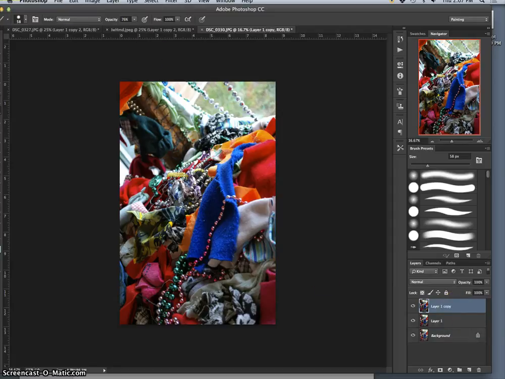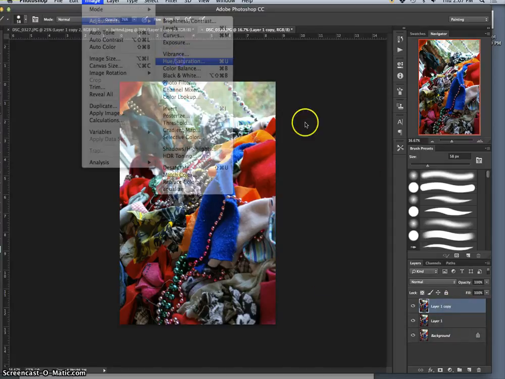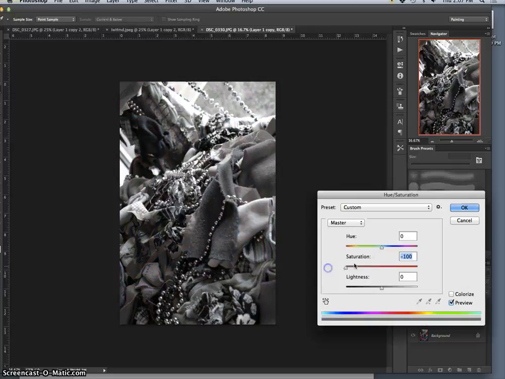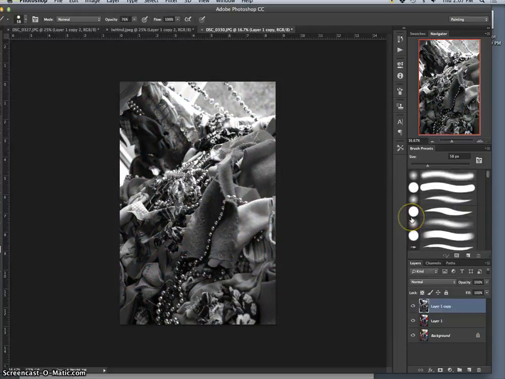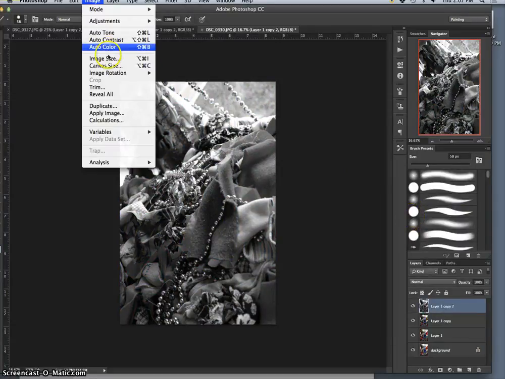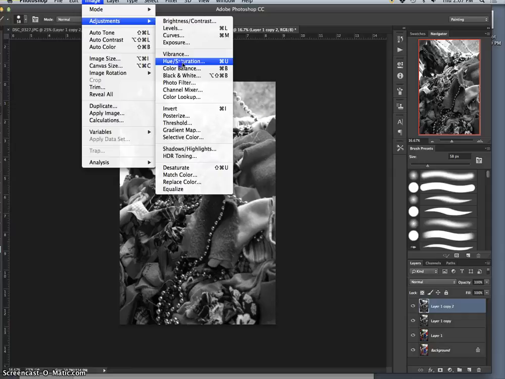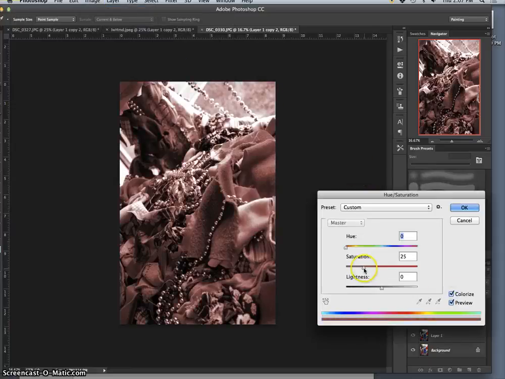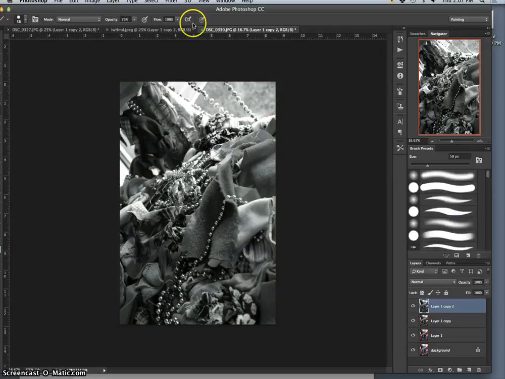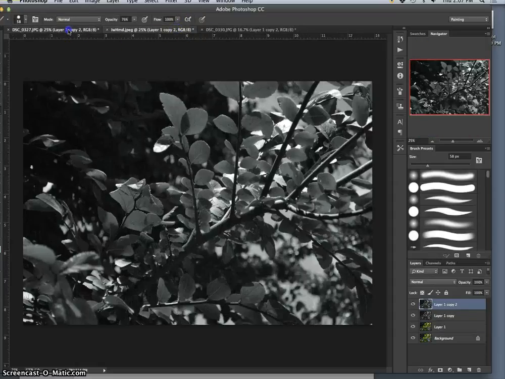I make a duplicate, I say Image Adjustment, Hue Saturation, take it all the way down to -100, take the color out, make a duplicate of that, Image Adjustment, Hue Saturation, Colorize, and go to your desired settings. Okay, so now by doing that, all 3 of these are processed the exact same way. It doesn't mean we're done,